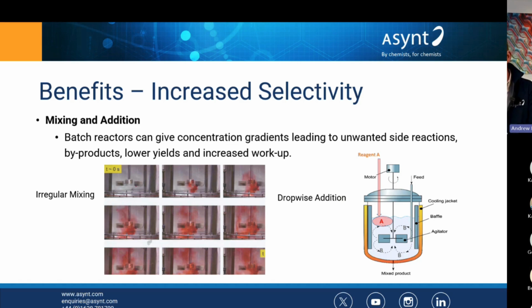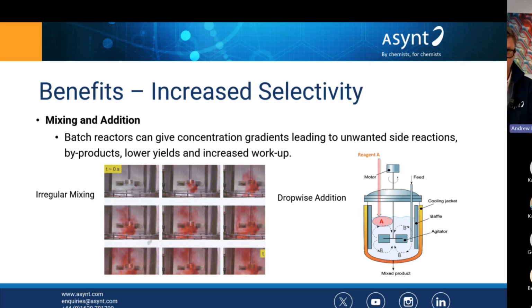If we think about mixing and addition, batch reactors can give us concentration gradients, which give us those unwanted reaction pathways. So if you think about mixing, when we're mixing in a round bottom flask or a jacketed reactor, that mixing is chaotic, it's turbulent. It's never the same, and that can give rise to batch variations. Now, we can increase that mixing efficiency by having baffles and changing the geometry of the reactions and the impellers, for example. But you can see from that simple diagram here that that's never going to be the same